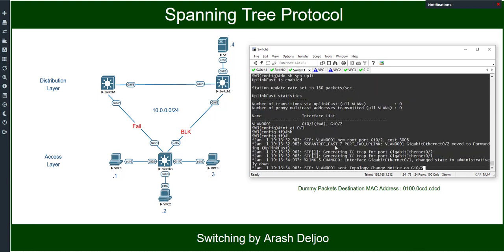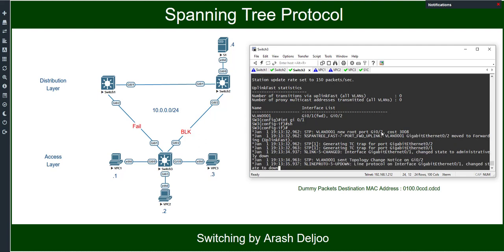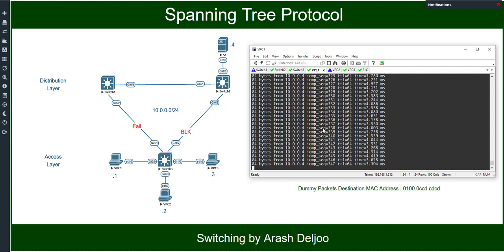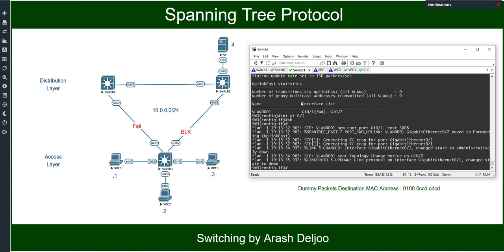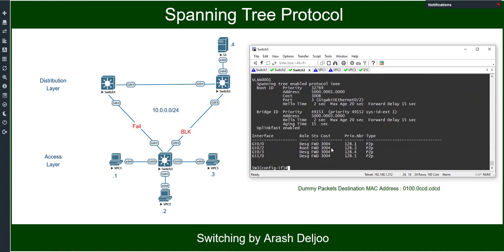Let me show you what is happening when we shut down these two links. In the switch 3, as you can see, the new root port for VLAN 1 is Gigabit 0/2, and after that, as you can see, this interface moved to forwarding. Actually, here we didn't experience any listening or learning state, and in the VPC1, as you can see, we don't have any timeout. And it is good news that we didn't experience any convergence time for going to the next link. Okay, in the switch 3, as you can see now, show spanning-tree can show us that the Gigabit 0/2 is up, but now